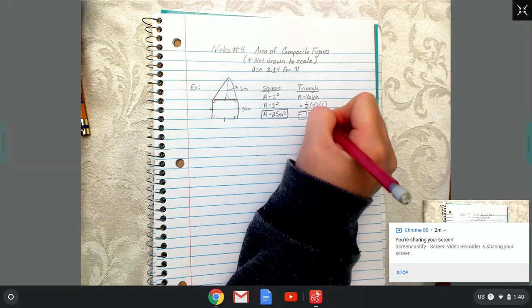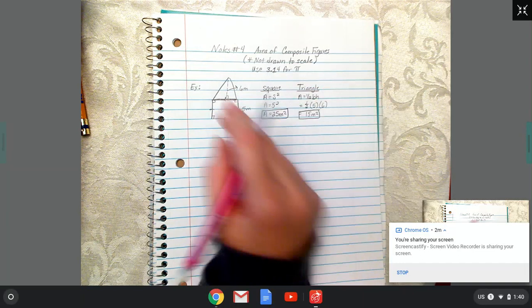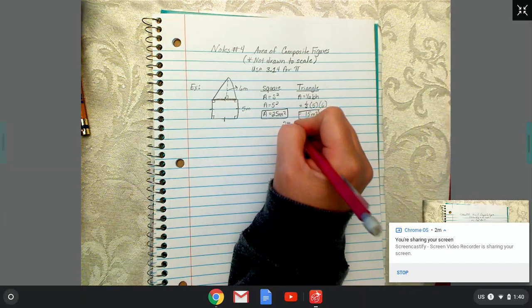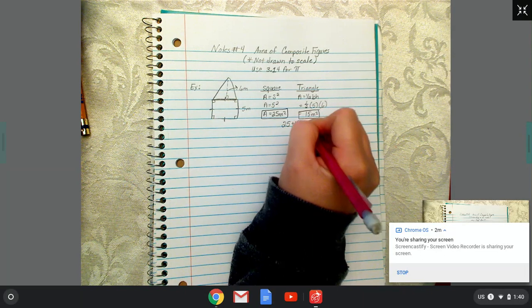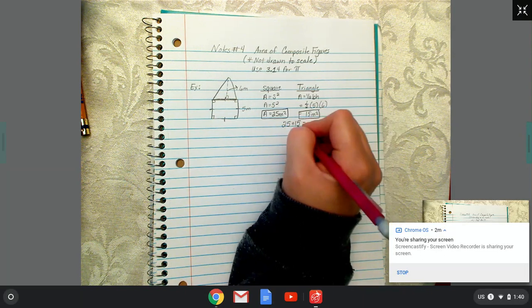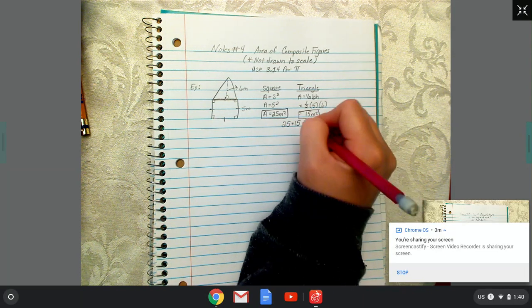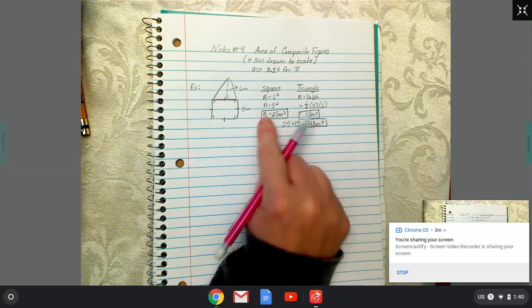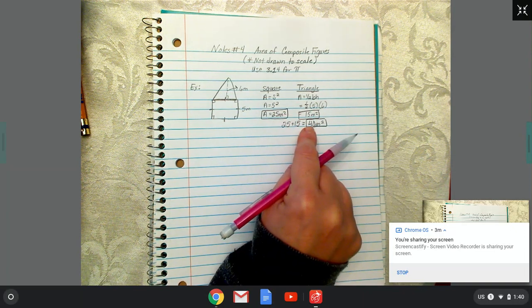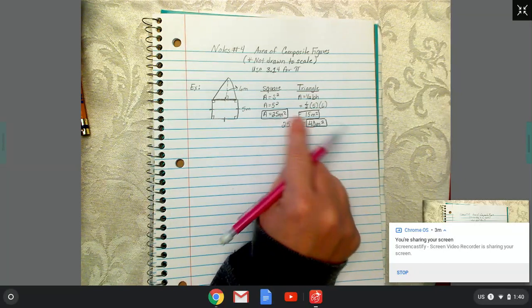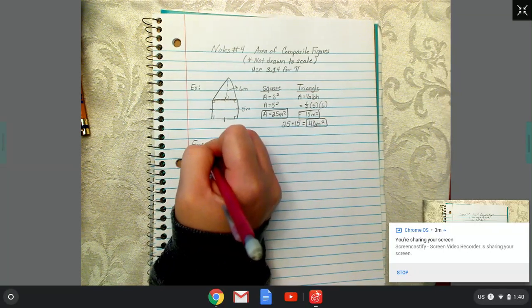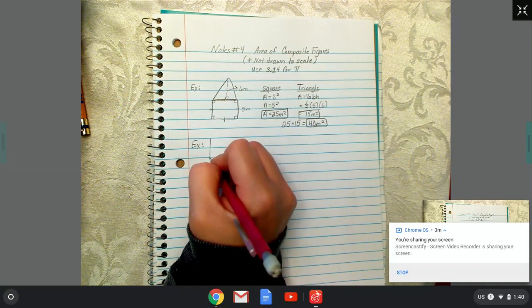Once you find both areas, on this notes 4, we're going to be combining. So you're going to add those together. This is what I would expect that I see on your assignment today, that I can see you've done 2 areas and that you have added them together. So you're going to need to show some work to get your full credit today. Okay, the next example